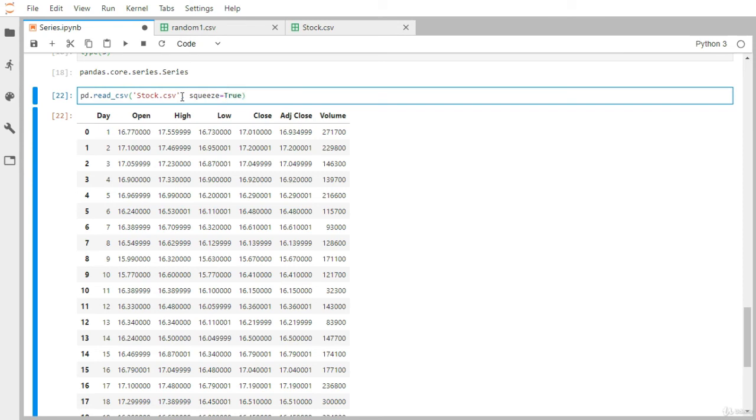Let's make it True. Along with that, there is one more argument we are going to supply, usecols, that says on which particular column you want to generate it. So I am going to select, let's say, the open column. You have to pass a list here, and let me just select it.